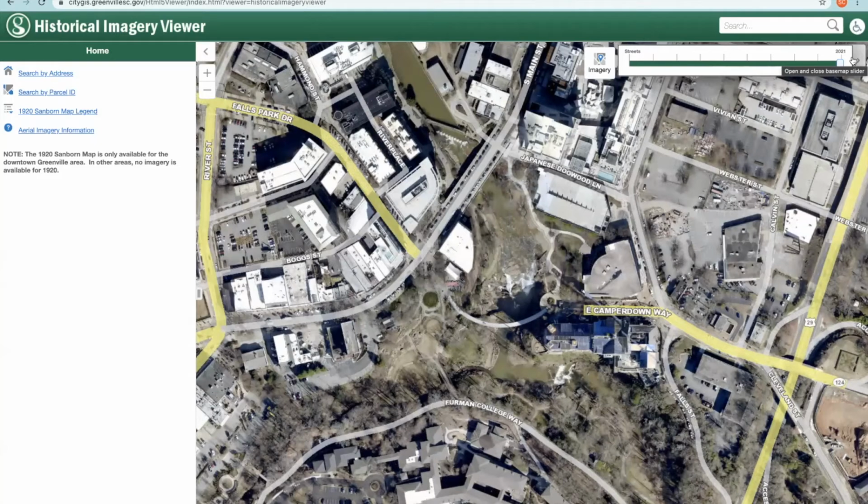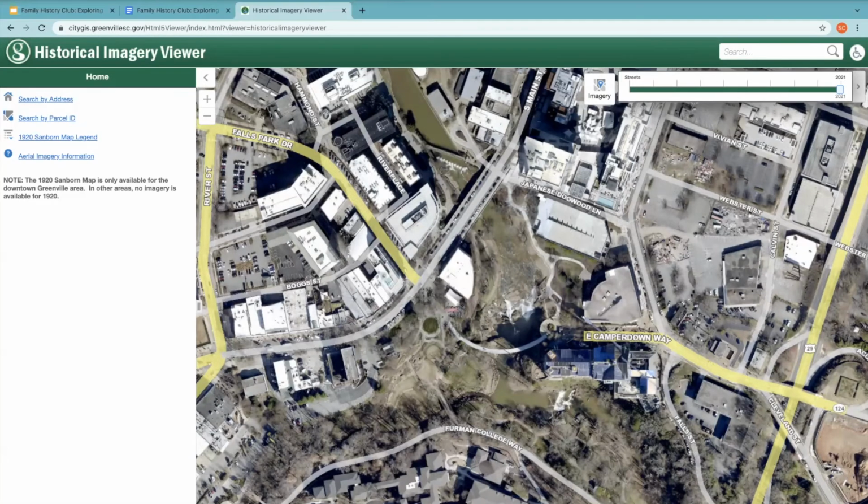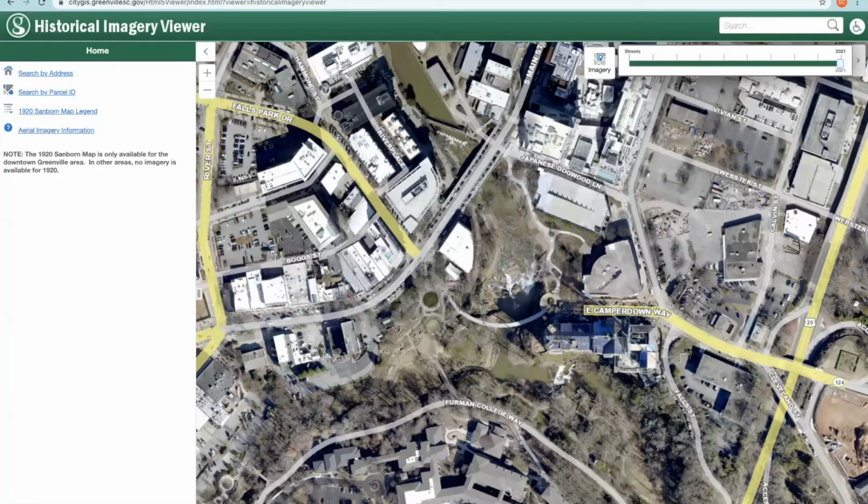So this is just a really neat map as well with the city, and we can go back a little bit further than the county one because we can see those Sanborn maps I was talking about, and we can also see some older aerial imagery. And you do have a scale. We were talking about scale and things like that. It is at the bottom here, and you can actually change the scale if you wanted to.